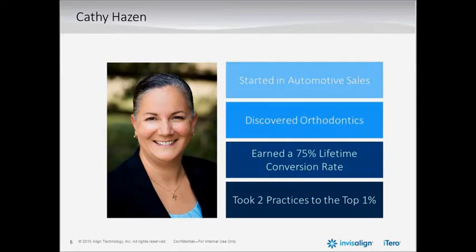Next, we have Kathy Hazen. Kathy began her professional career in automotive sales and transitioned into the world of orthodontics as a treatment coordinator for Drs. Dale and Lisa Davis of Davis & Davis Orthodontics in 2009. She currently is the operations director of Dr. Michael Lanzetta and upcoming treatment coordinator for the Detroit Orthodontic Specialist, which will be an Invisalign exclusive boutique practice in